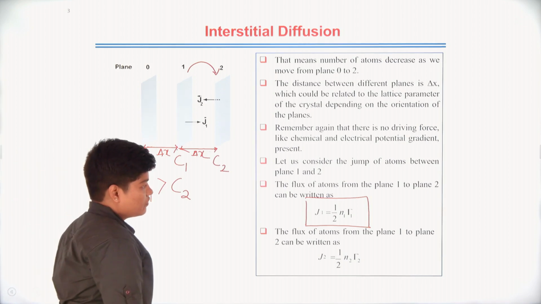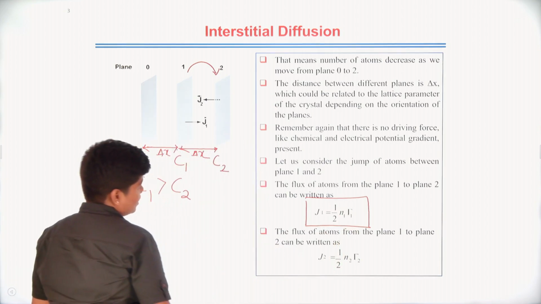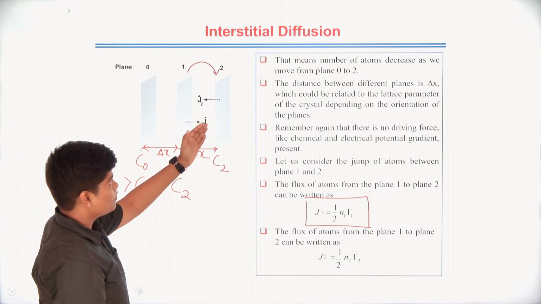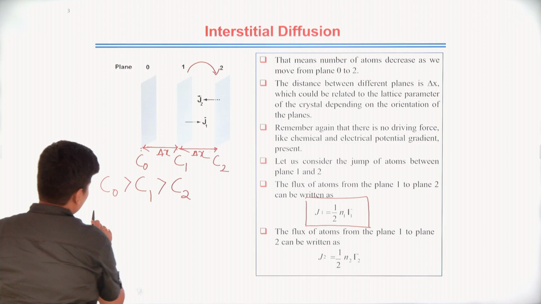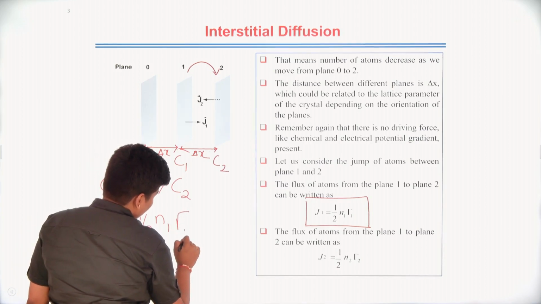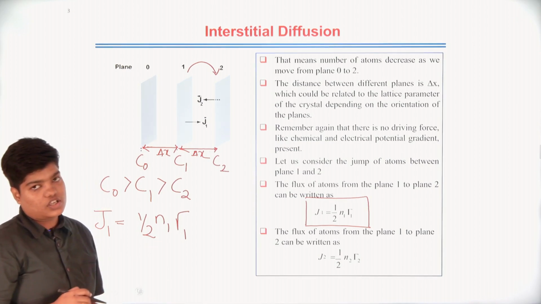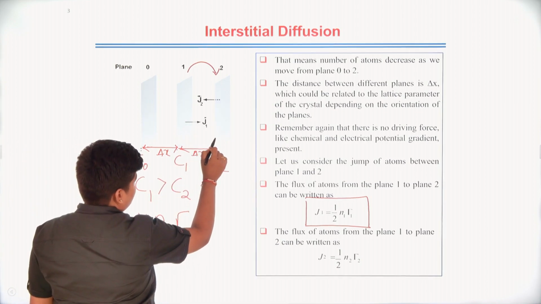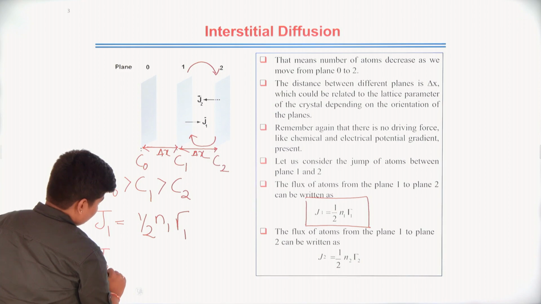Okay, that jumping frequency is notated by sigma 1. Similarly, we can also write the flux of atoms jumping from plane 2 to plane 1. If the jumping is happening from plane 1 to plane 2, then the flux of plane 1 will be half N1 sigma 1. Here N1 is the number of atoms present in plane 1, and sigma 1 is known as the jump frequency. Similarly, if the jumping is happening from plane 2 to plane 1, then the flux of plane 2